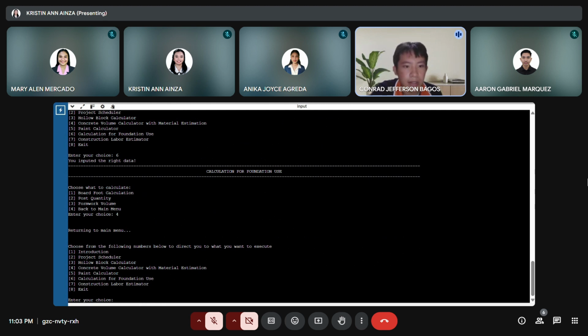The module also includes user-friendly prompts and clear output formatting. It performs input validation to avoid calculation errors and gives users the option to try another tool or return to the main menu after each calculation. Overall, this foundation calculation tool is a valuable digital assistant for engineers, helping to streamline wood estimation tasks with accuracy and ease. With real-world input examples and quick results, it supports better material planning and cost estimation on construction projects.